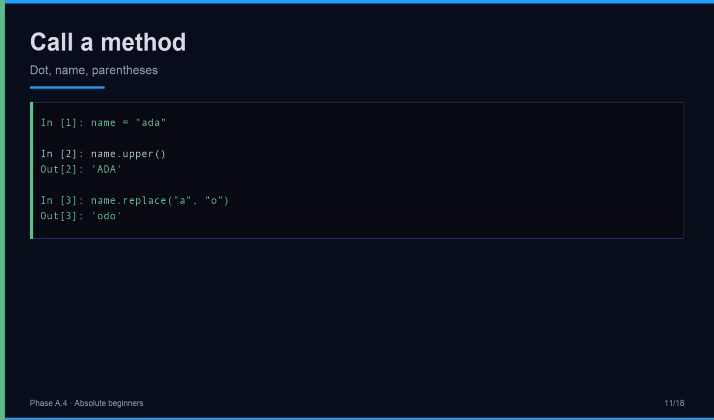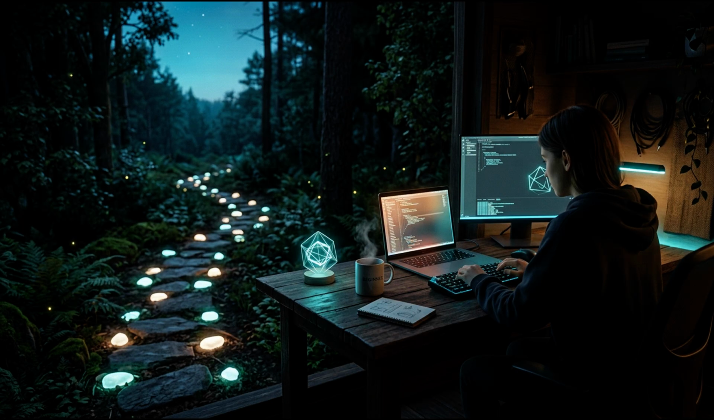You are calling methods on the object. The object is the string, the method is a tool attached to it. The dot reaches the tool, the parentheses call it, the arguments go inside the parentheses. Same pattern every time. Dot, name, parentheses. Objects are not advanced. They are just values with tools attached. No rush,